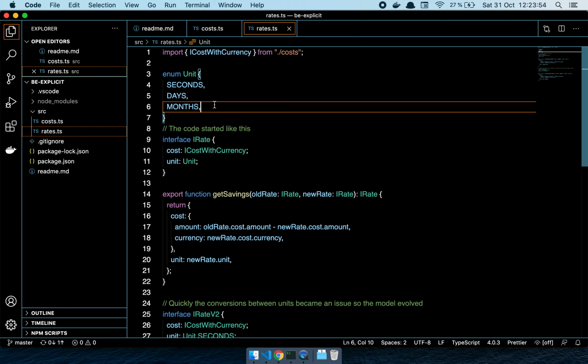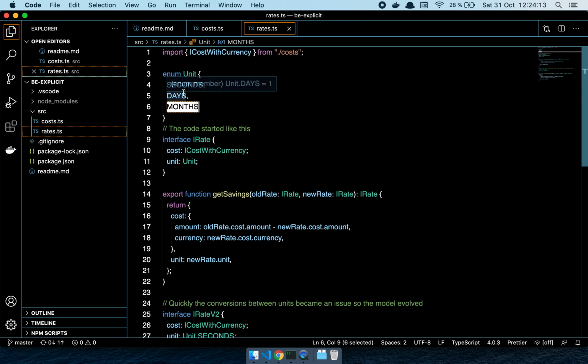And what very quickly happened was that there was an explosion in complexity, because whenever we were calculating these different values, we needed to always convert them. So if we had a rate to calculate, we actually had to type check everything. Whenever we wanted to do a calculation, we needed to check, okay, for this customer they are storing everything in months, and this customer is storing it in seconds, and now we want to compare these rates to present a good offer to the user. Well, we are going to have to type check them. We're going to have to go and check, oh, so it's months over here and it's seconds over here.